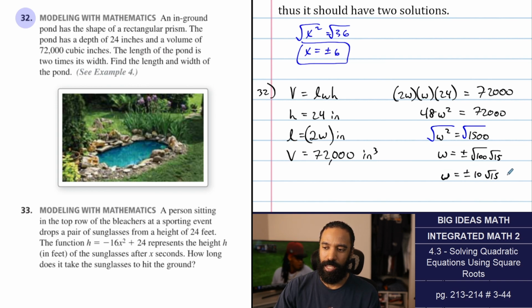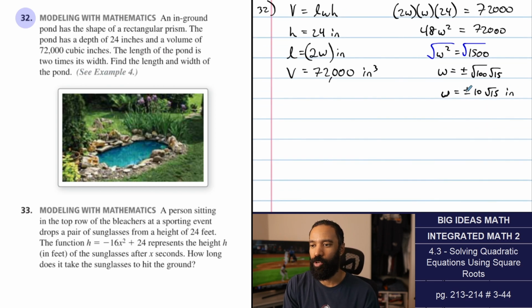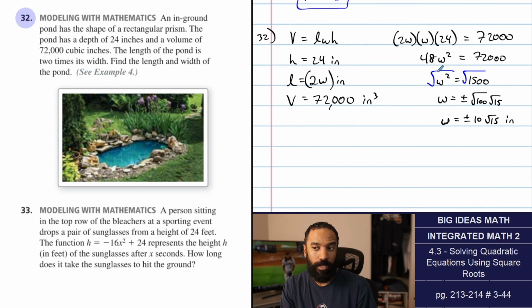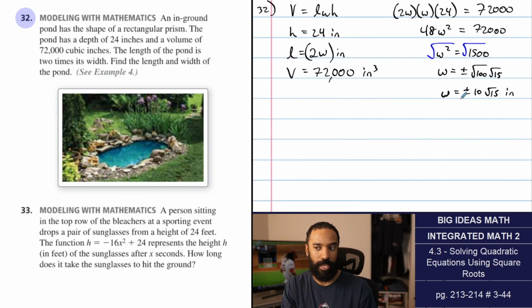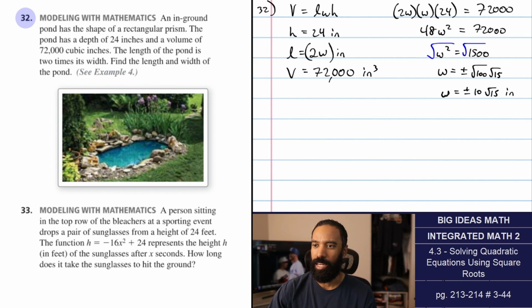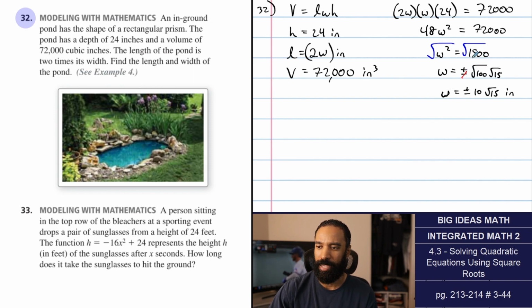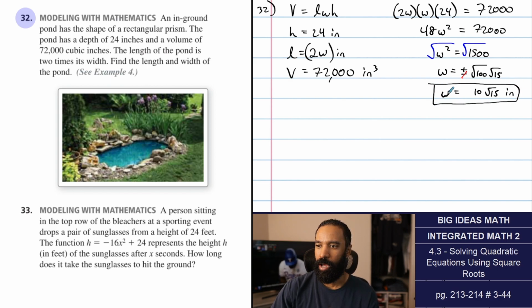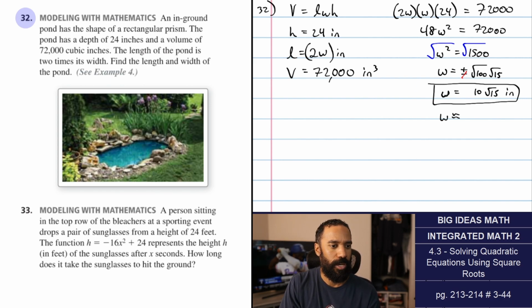Now, we are going to ignore the negative answer, and we are, of course, going to be rounding this thing. However, I will need to use my exact answer to find the other thing as well. So I am glad that I do have this. I'm going to go ahead and get rid of the negative portion. Let's cross it out from back here, and let's go and erase it from here. So it's exactly 10 root 15 inches, but which is approximately, this is where I get around to the nearest hundredth for myself. So square root of 1500, or 10 root 15,